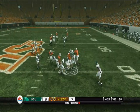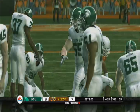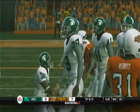Thomas takes it at the 33. He got hit hard. So before the offense hits the field, let's take the time to let you know that